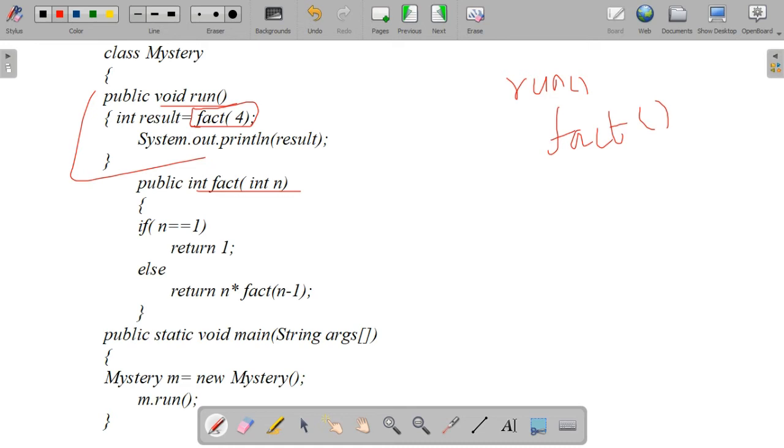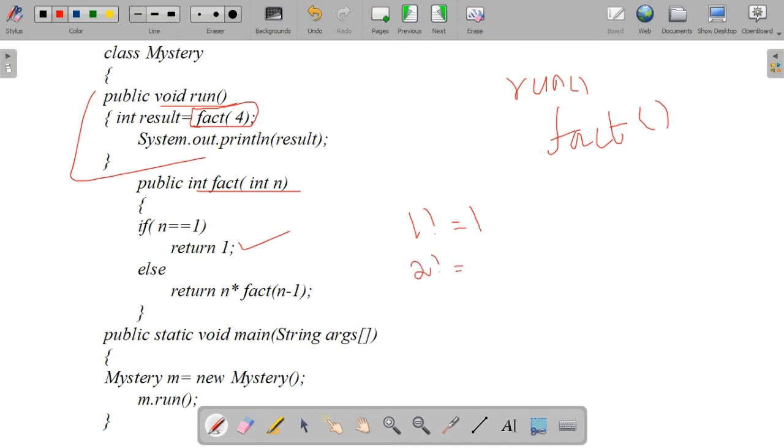Just now we have discussed how we will find the factorial concept. If n equal to 1. Previously we discussed n equal to 0 or n less than or equal to 1, is it? Yes, 0 factorial is also 1 and 1 factorial is also 1. So instead of n equal to 0 or n less than or equal to 1, we can directly give a condition like n equal to 1. If it is 1, all of you know 1 factorial equal to 1, so it should return 1.